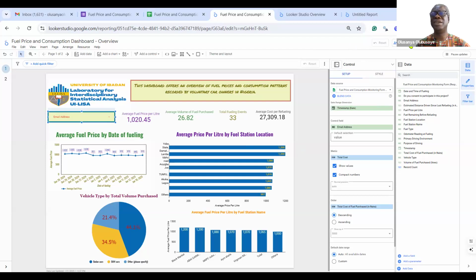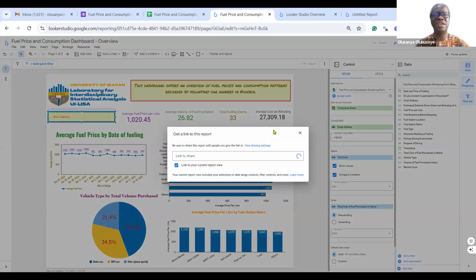Look at this place. You can see share, and for you to have access to this, I can share the link with you right away. So if I click the link now, I'll be able to share, but you can only view, you won't be able to edit.